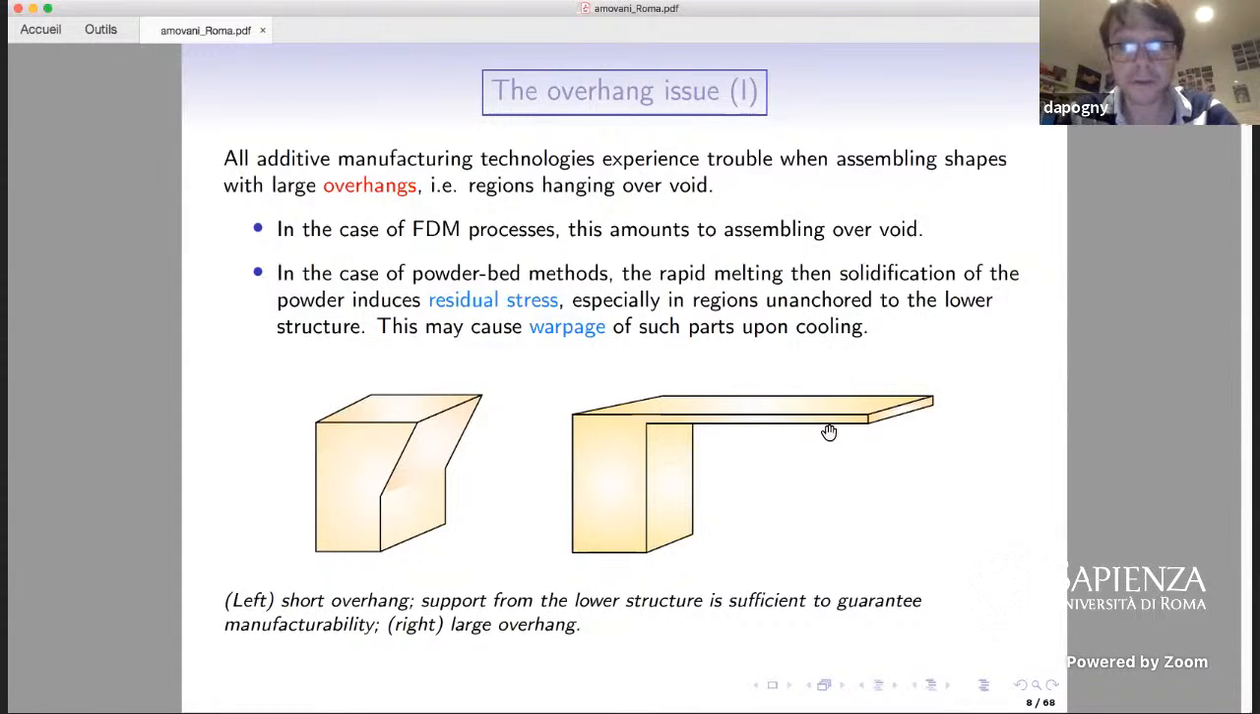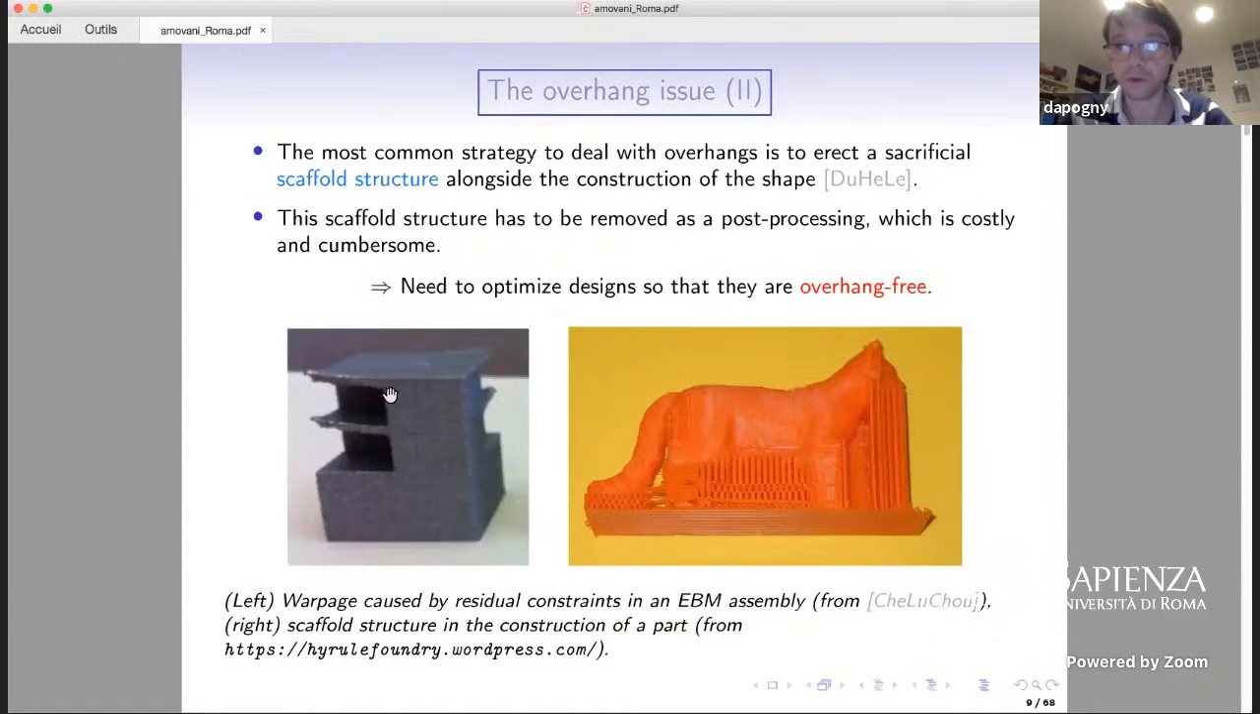But the fact is that this metallic powder has a very low thermal conductivity, which makes it difficult to evacuate the heat of the molten region, which is here. So in practice, this will cause residual stresses inside the overhanging region, which upon cooling will cause warpage of the part. So here is an example of a warped part upon cooling over an overhanging region, for instance. Because the heat cannot evacuate properly because of the presence of a large overhang and the presence of low conductivity